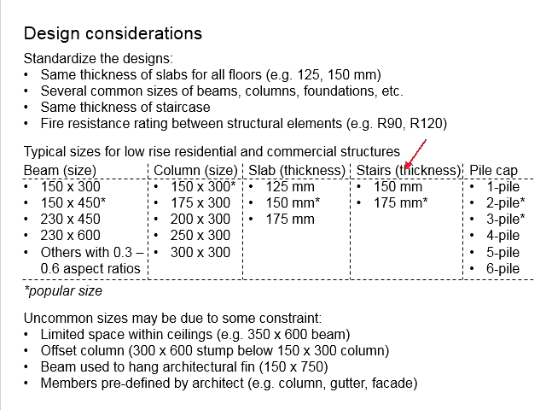Next, we look at the stairs. Normally, the thickness of the stair. The thickness here is referring to the thickness without considering the footstep of the stair. And this thickness here should at least be equivalent to the slab. Some may be 25 mm thicker, depending on the effective span of the stairs. A typical effective span of the stair will be somewhere around 4 meters plus minus, and 150 or 175